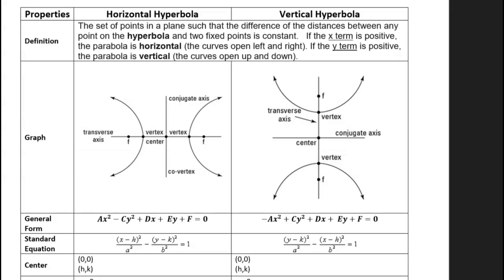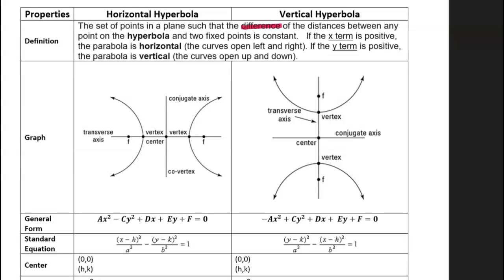It's the center point in a plane such that the difference, now that's the key word right there, of the distance between any point on the hyperbola and two fixed points is